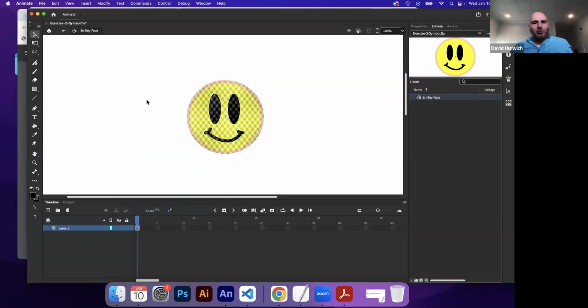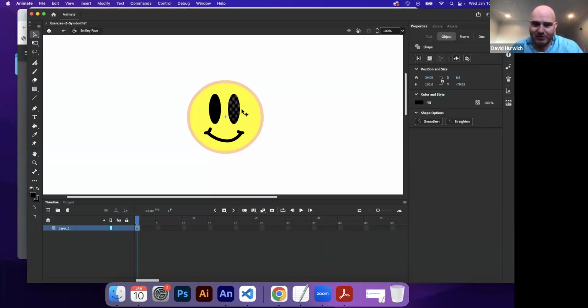All right, so you wouldn't know this because Adobe Animate's user interface is sometimes not the greatest, but this is actually editing mode. This is not your normal stage. This is actually a special place where you can edit your symbol. Right now you'll notice that because my symbol was made of a vector graphic, I can actually go and